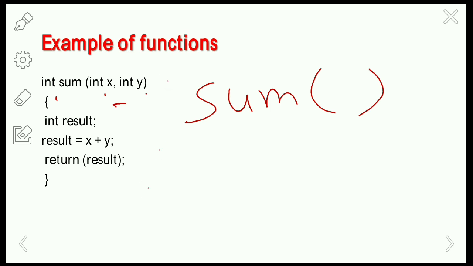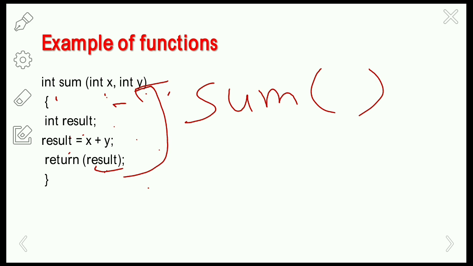Here, int result, we are defining the variable result. result = x + y, so we are adding the two. The function is getting the result as the output here. So return result. The result will be returned to the main function. Here it is going to return the sum of the two numbers.